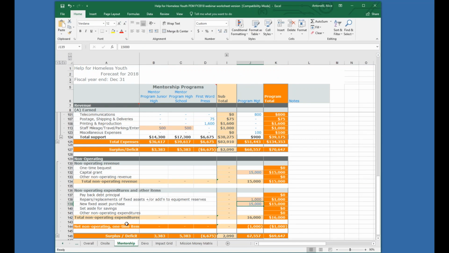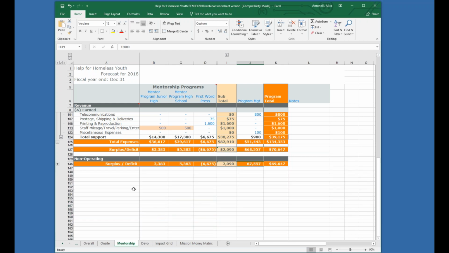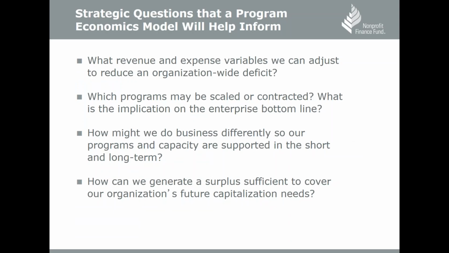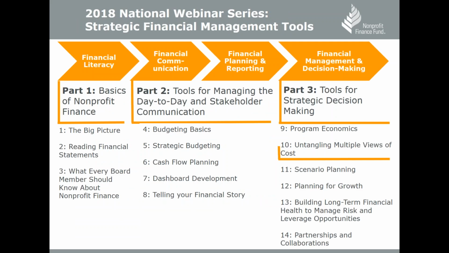That's absolutely, that probably is the case. But for the purposes of what I wanted to show you today, I just wanted to get into the model and just show the reduction in cost and how we can do that. But you're absolutely right. There may be some one-time costs associated with a move that's closer to the high school or to the junior high, but for purposes here, it was just an example. So with that, let's keep going, Rashi, and I'm going to pass it to you for the last couple of